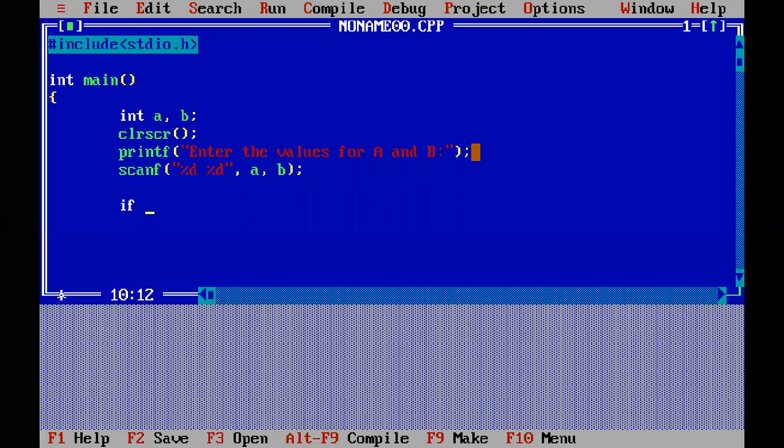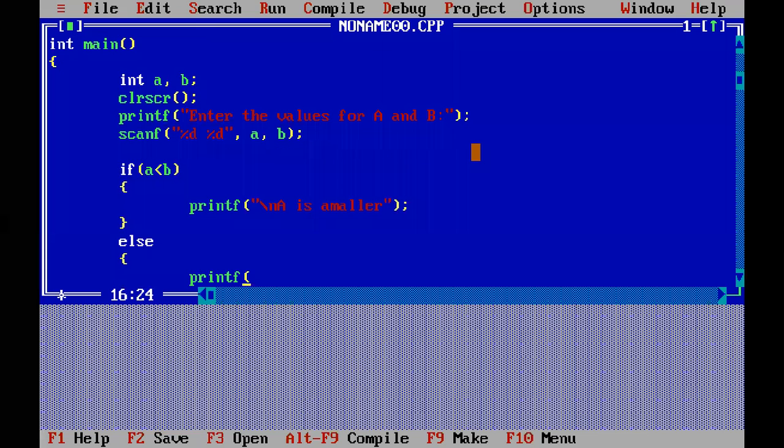Now we will check for the condition. So if a is less than b, printf a is smaller. Else printf b is